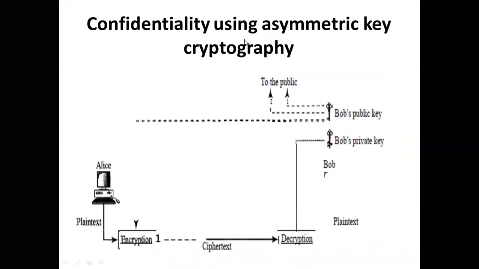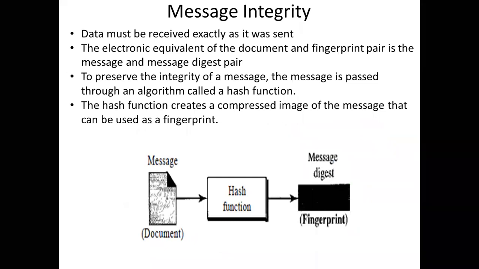All right. The next part that we have to learn is what is meant by message integrity. Some time back, I was telling you that confidentiality means nobody except the sender and the receiver should be able to access the data. A hacker should not be able to hack the data. That is what we call confidentiality, and it is ensured with the help of encryption and decryption.